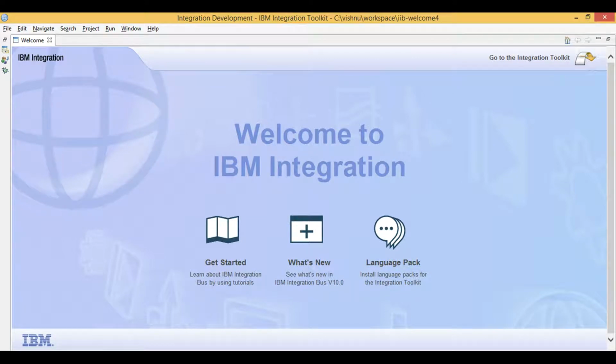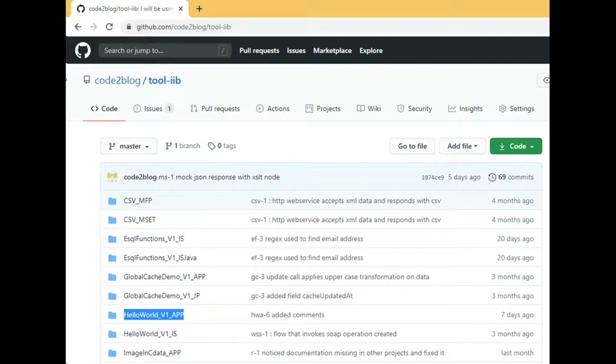Let's learn IIB. Today, I will discuss the SOAP request node and the validation of the response XML that we get from the backend system. For the demo projects that I create with just one message flow and 4 nodes, I don't see the need to create a separate IIB project each time. I am reusing a project from my GitHub repository called Hello World app, link in description.